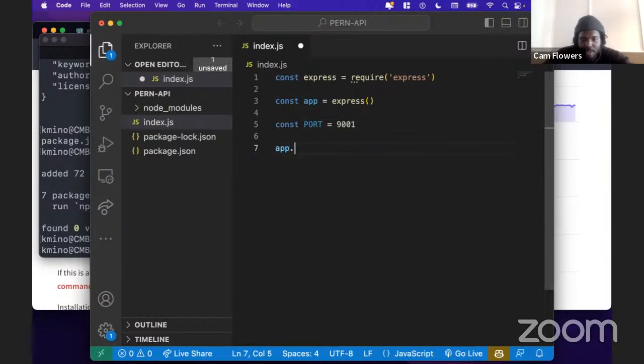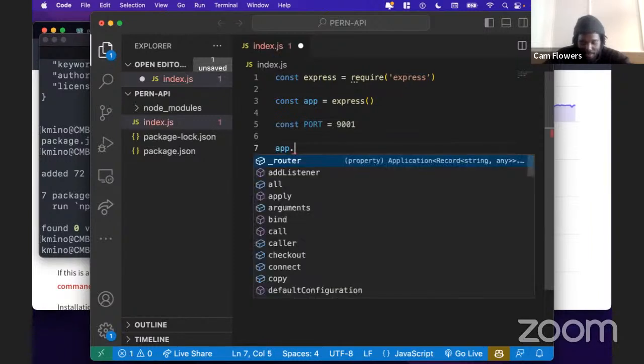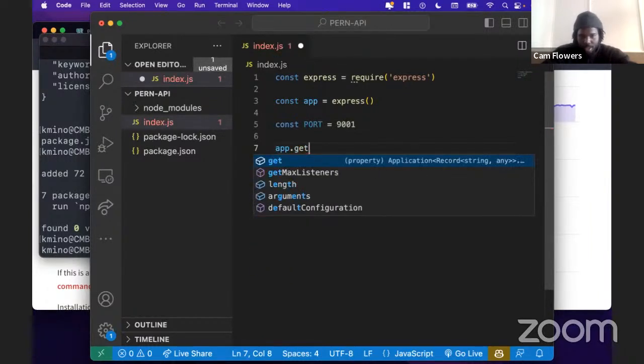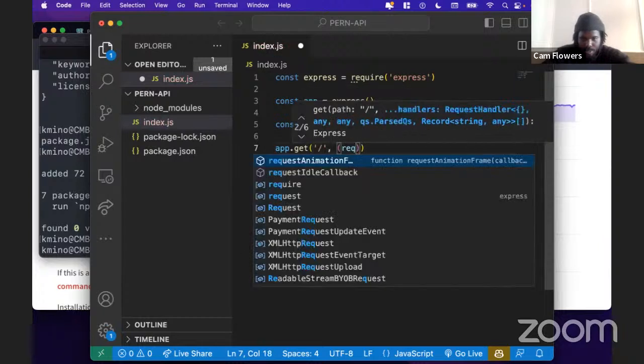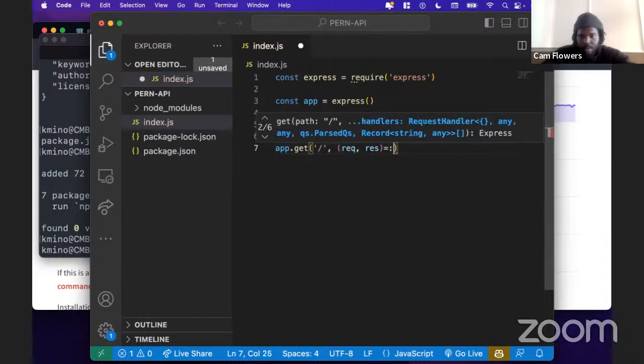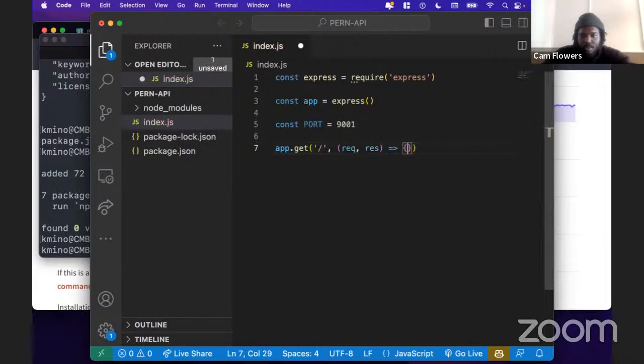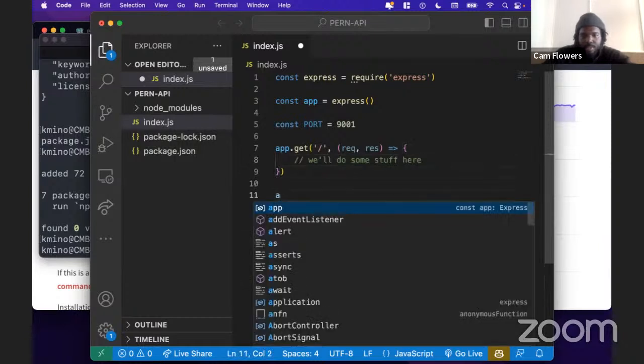And then we're going to go ahead and create a route. And the route will just be our root route for now. I'll create a little handler for that route. Request, response, open a new function. Here we'll do some stuff. And after that, just do my